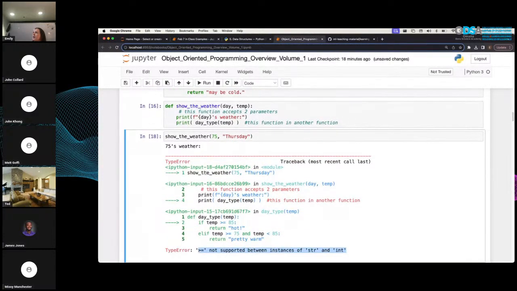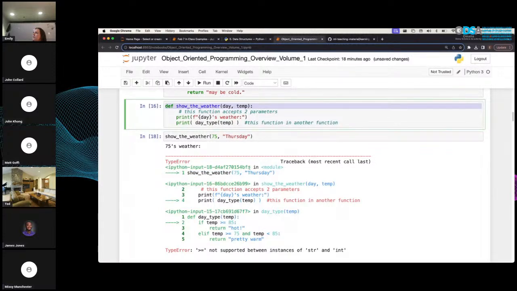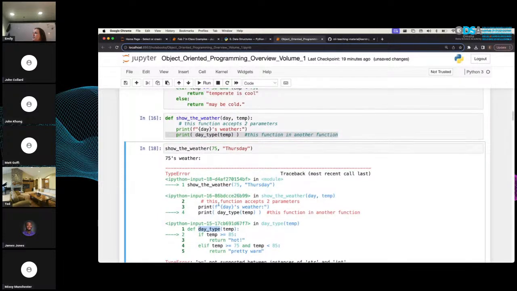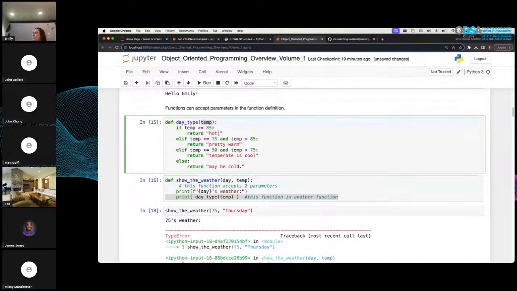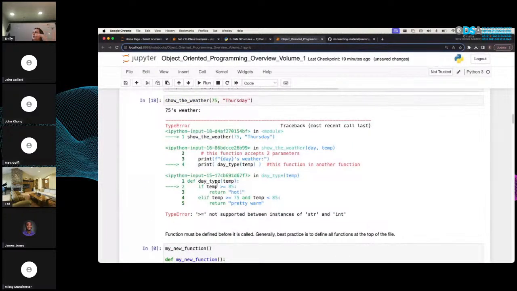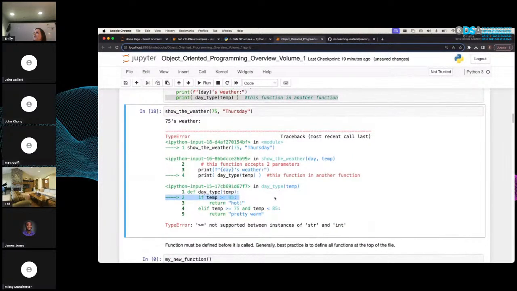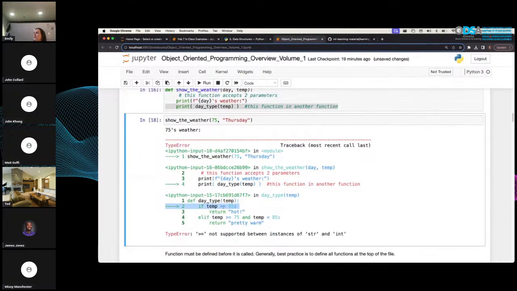And it actually tells you where it got. So it went to show weather, and it passed 75 and Thursday. And then it got to this print statement, this line here. So that means it actually got into our function up here. So it got all the way up to here. And this is what control flow is, what lines of code are executing. And then when we got to if temp is greater than or equal to 85, then it threw the error. So this is the line, you can tell by this little arrow here. This is the line where it threw the error,